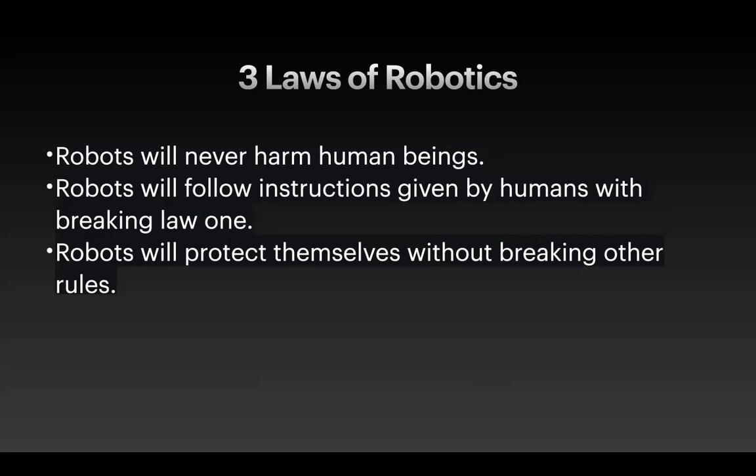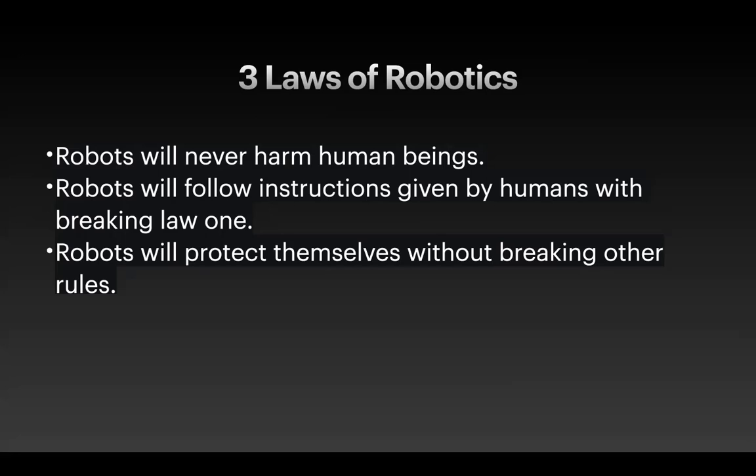Simply speaking, robots can't harm any human being. You can't program a robot to harm a human being. That is an international law. You can't design a robot in a way that it will be harmful for humans. Yani, you cannot build a robot that can do damage to people, right? So the number 1 rule of robotics is that robots will never harm human beings. We are not designing robots to harm human beings.